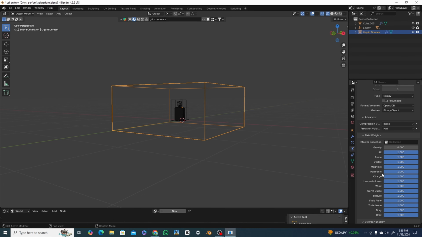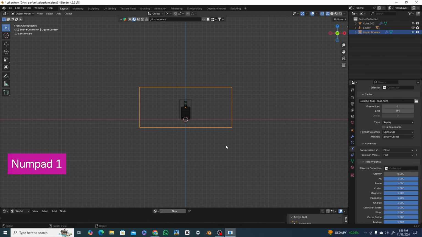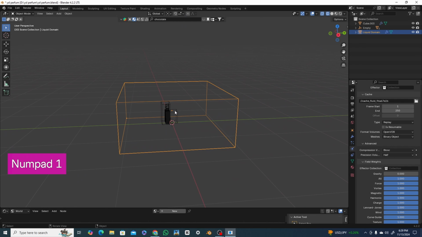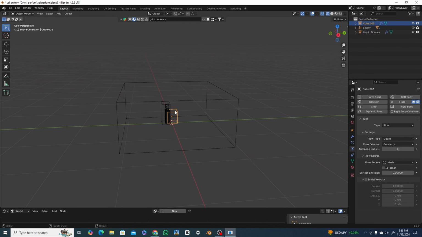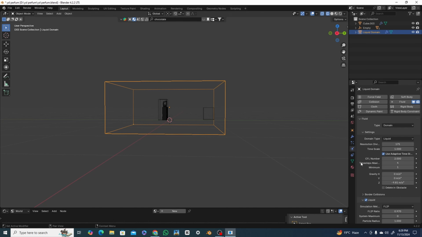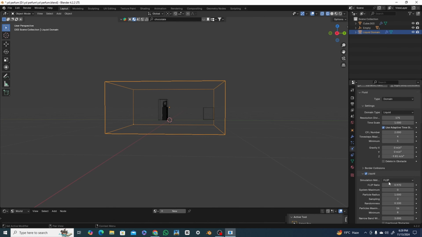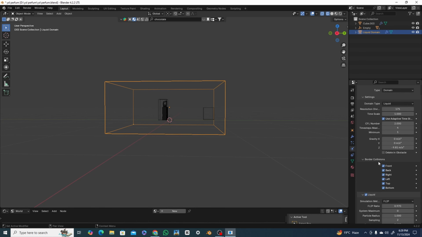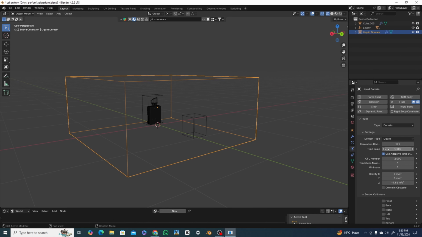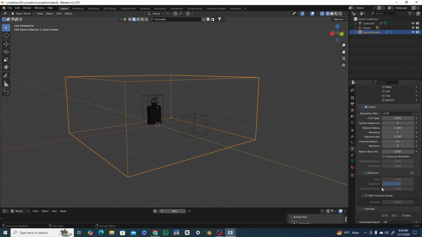Okay, now we want the cube to G and Y. Click on domain. Okay, border collision, uncheck all these ticks. Click on this border collision and